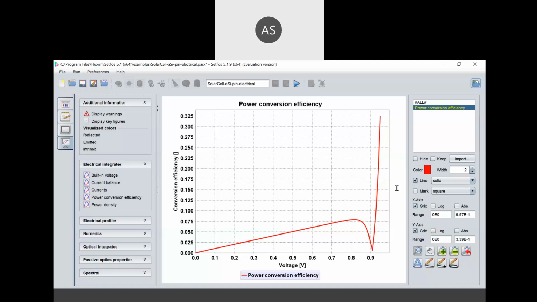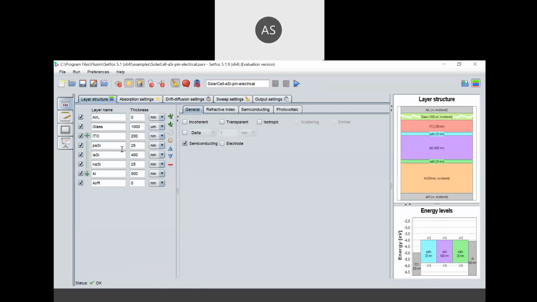Minimizing error will depend on the sweeping or input parameters, and there are a lot of other parameters. Using those you can minimize your errors. The default parameters in SETFOS will be much more accurate compared to Escape. Escape is basically a free software, so it is not much reliable and may not give the expected results you will get from SETFOS, because its default parameters are very accurate, and your iteration error will automatically be minimized using commercial software.